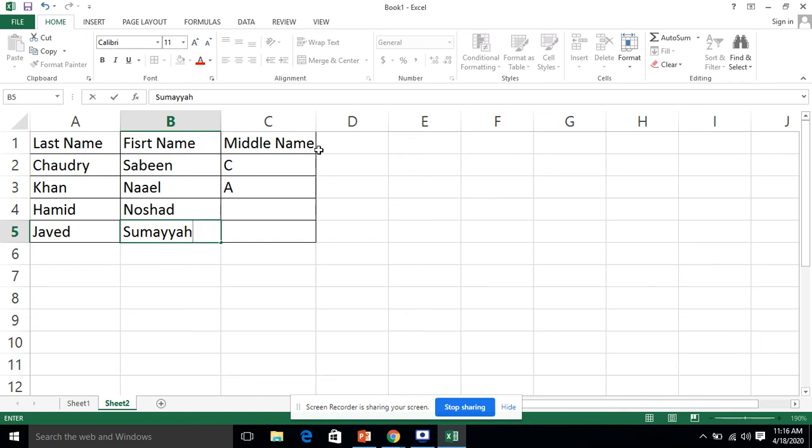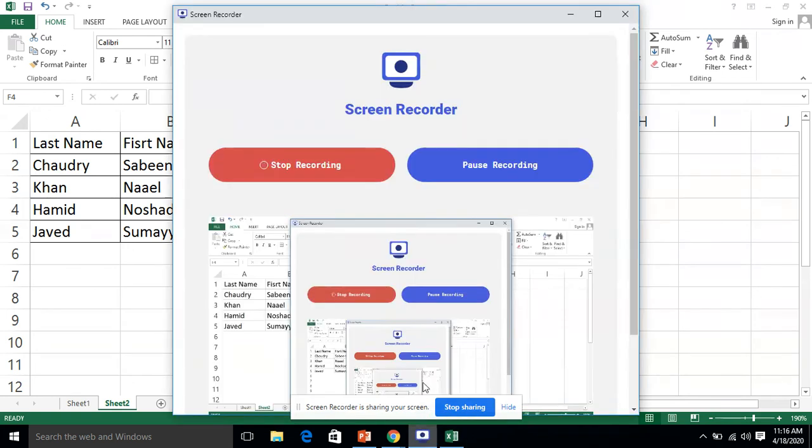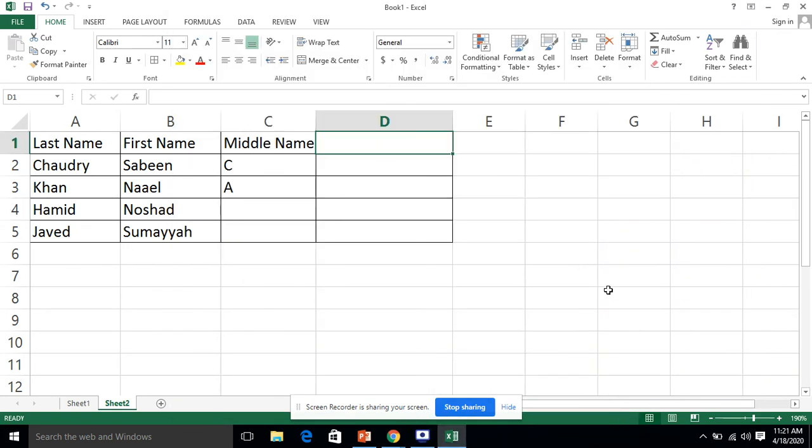Now we take another column with the name of Full Name. In Full Name, if I type here Sabine C. Chaudhary, and then go to the next cell, Excel understands that Sabine is the first name, C is the middle name, and Chaudhary is the last name.